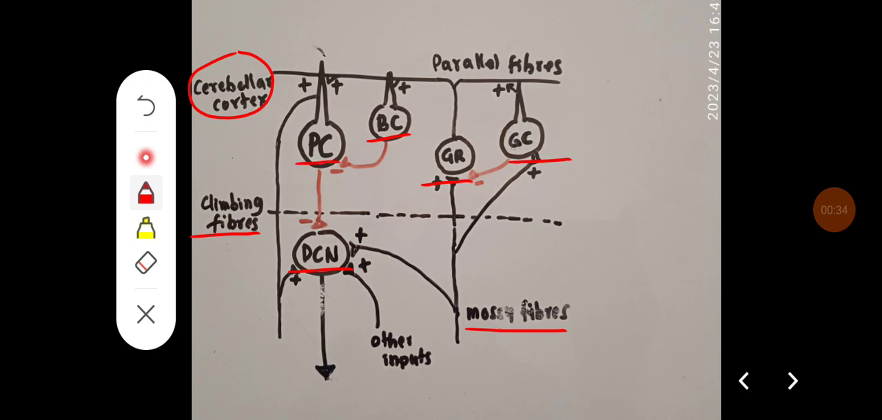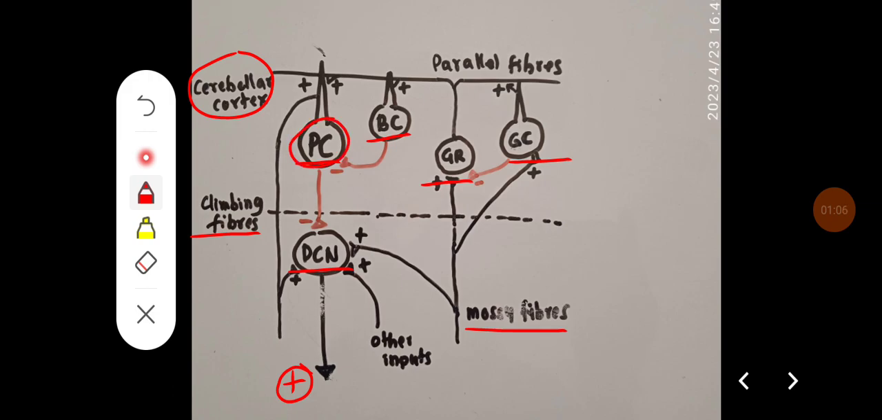And when climbing fibers are stimulated, they mainly come from the inferior olivary nucleus. They are excitatory to deep cerebellar nuclei and also to the Purkinje fibers. Here one should understand that the deep cerebellar nuclei mainly act as the output nuclei of the cerebellum, and they are mainly excitatory. And the deep cerebellar nuclei are in turn controlled by the activity of the Purkinje fibers, which keep